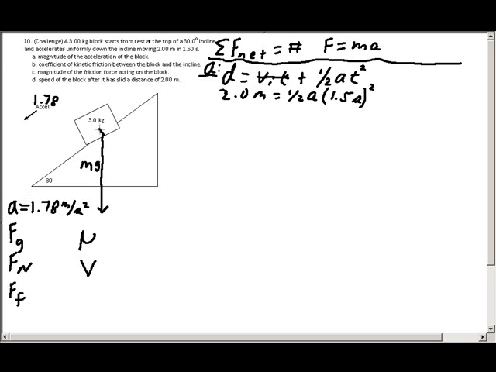There is a normal force here, and what's interesting is you can extend the normal force down this way, and what that allows us to do is create a right triangle. This right triangle are the forces that are being applied on the object. Now, the object